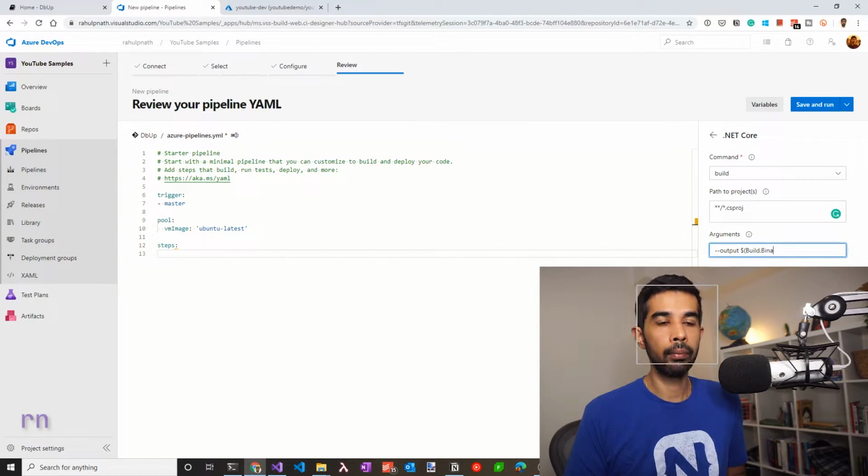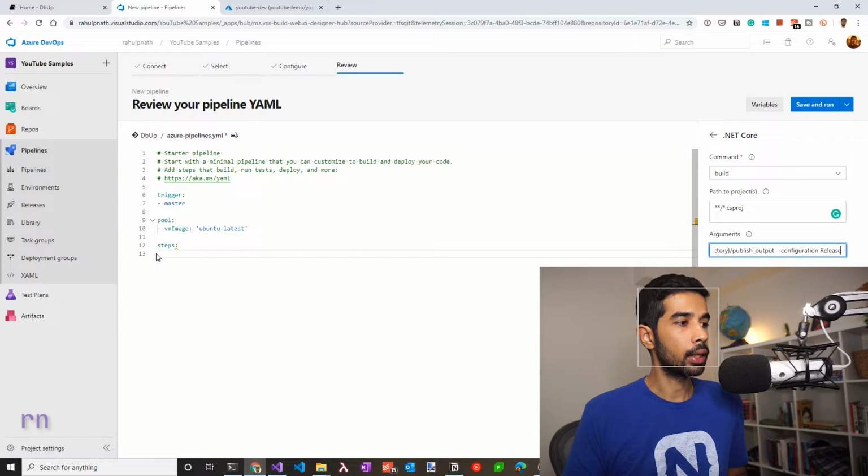So we specify Build.BinariesDirectory. The $ with brackets is the way to specify that we want to use a variable. To put this into a folder, let's also specify publish_output. So all the files will be inside that folder, which is the output of this build. Since we want it to be built in the release format, let's use --configuration and give Release. This could come in as a pipeline variable that you can add under here. For now, let's just hardcode it there.